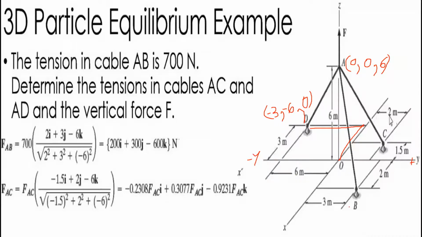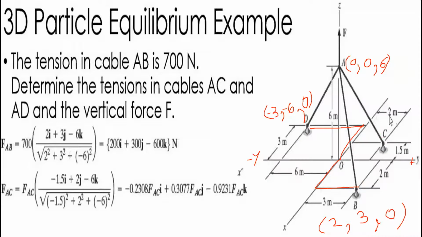So you have to find out the coordinates of point B. So you can see you have to move on the x-axis, that is parallel to 2 meter. So it is positive. Then you have to move positive y-axis, that is 3 meter. And the point is not raised above and below, so it will be 0.